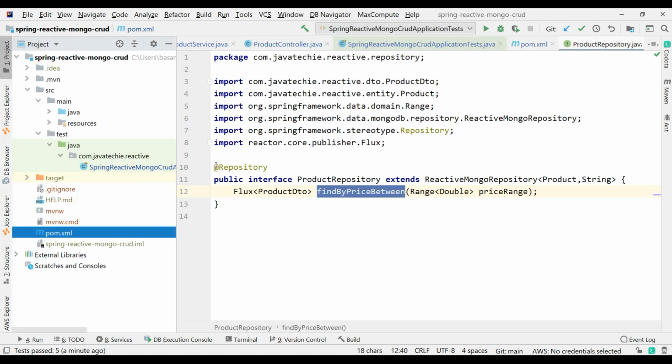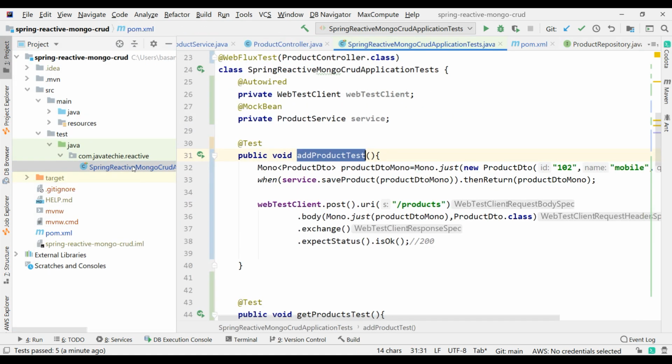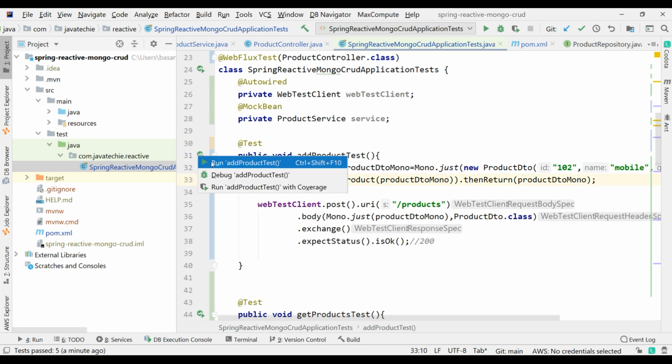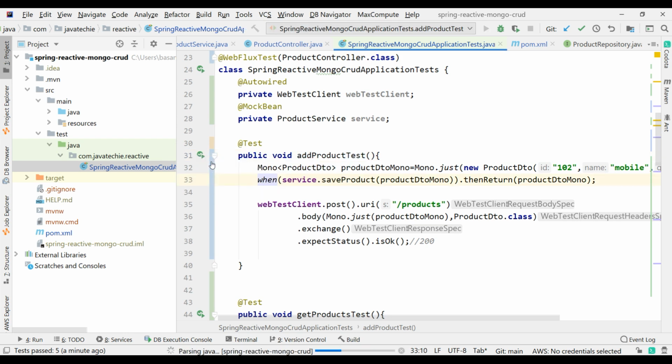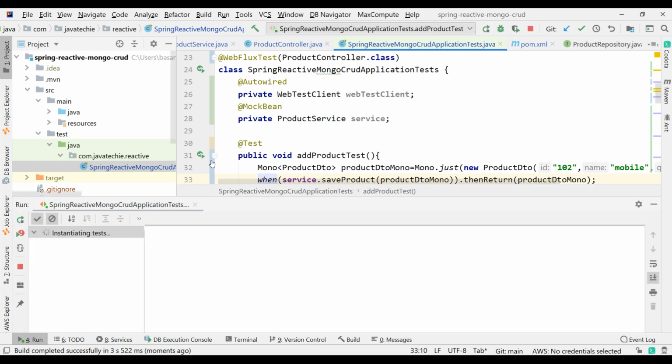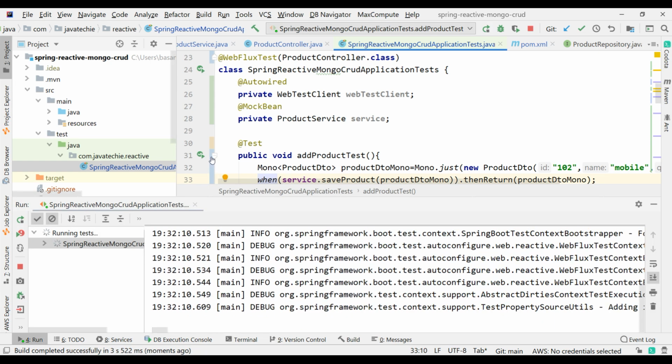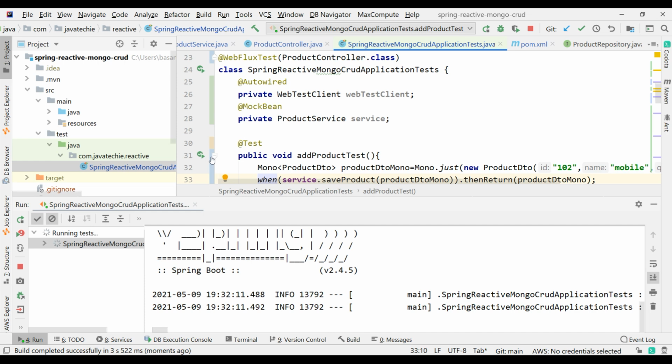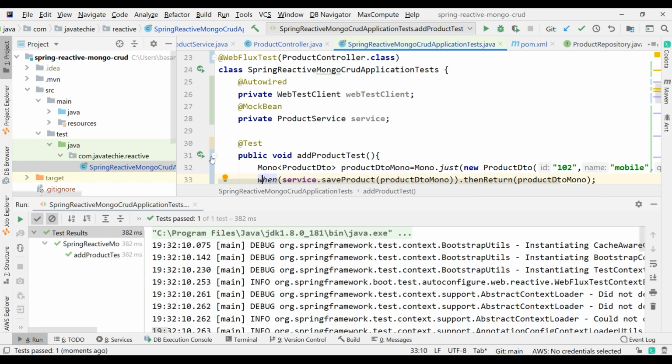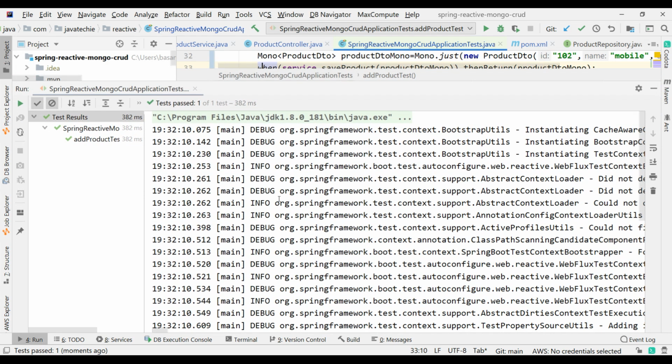Okay, let's run this particular test. Now let's check the SOPLN statement.